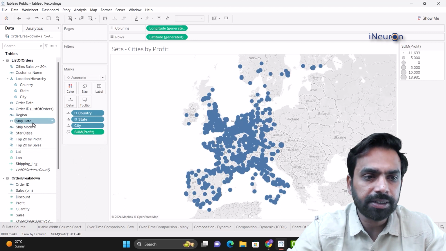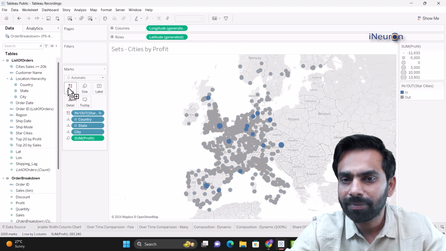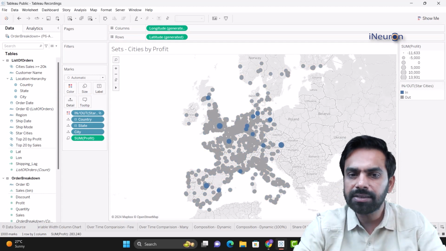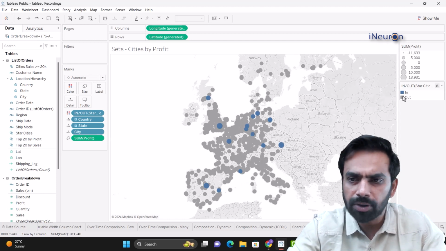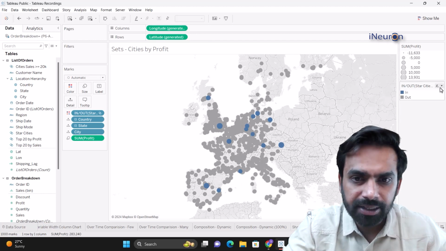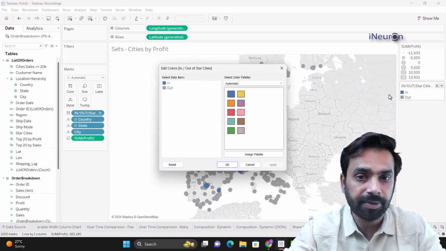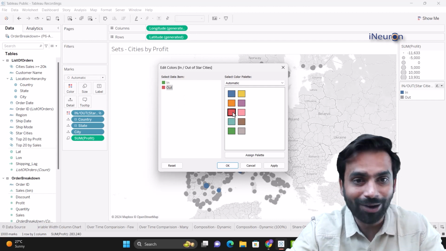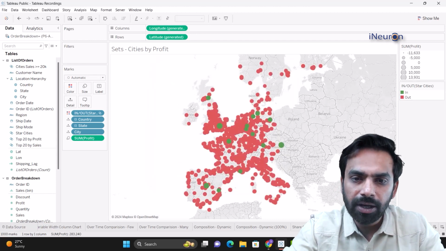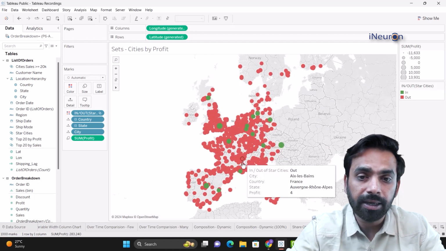Now, what happens is if I take these star cities and put it in color, it's going to color up the star cities. Can we easily observe the star cities now among all the cities? And it's up to you how you color it up, right? I think in this case, the present color system is working well. But if you want to change it up, we can change it up by edit colors. And I think this is my favorite. For in, I go for green, out, I go for red. Now, this is how we can easily see the green ones are the top 20 cities by, or no,